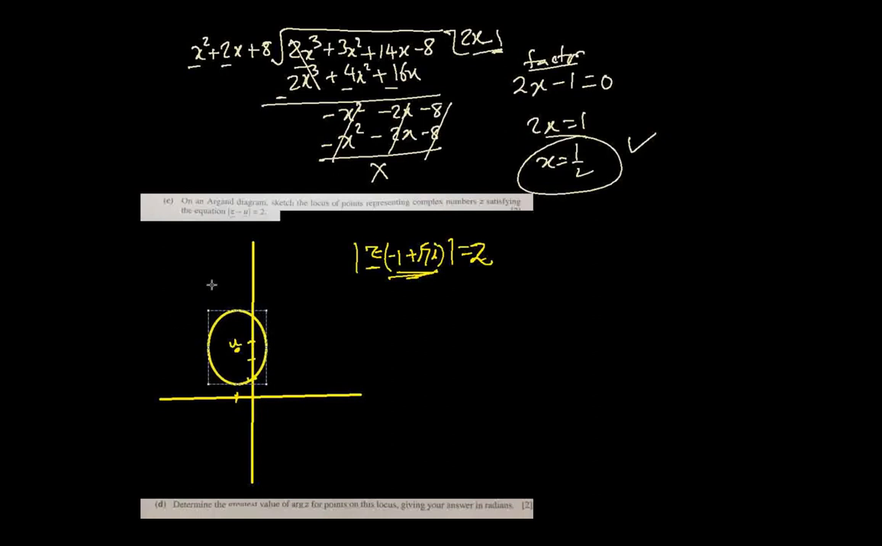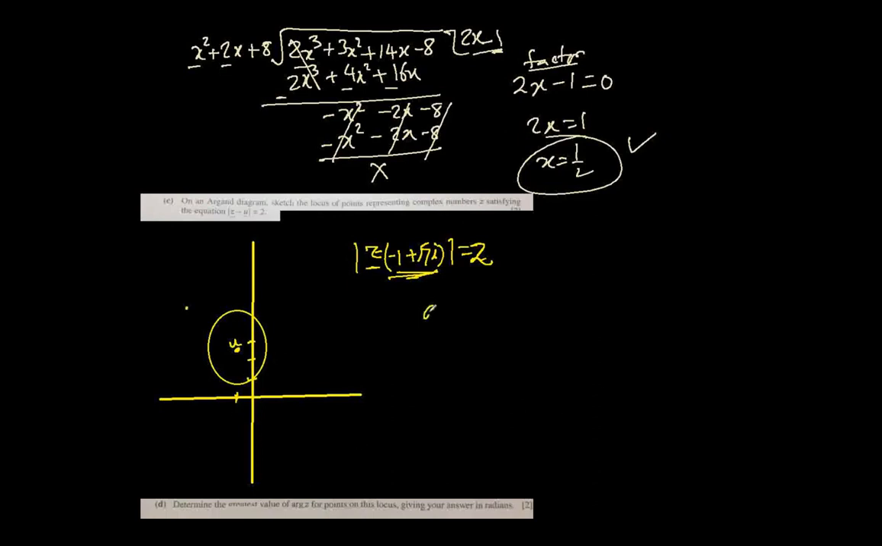Okay, let me make it a little thinner so that it is better to see. All right, this is done. On an Argand diagram, we have shown |z − u| = 2. Okay, that's it. Now, next part says determine the greatest value of